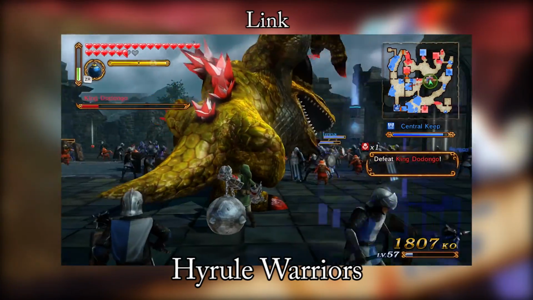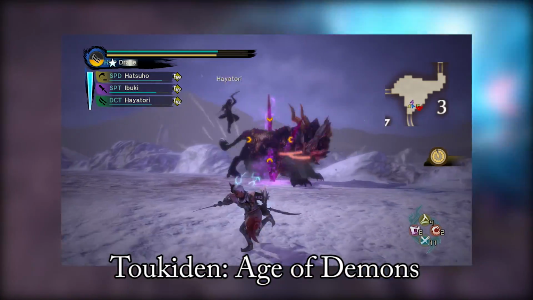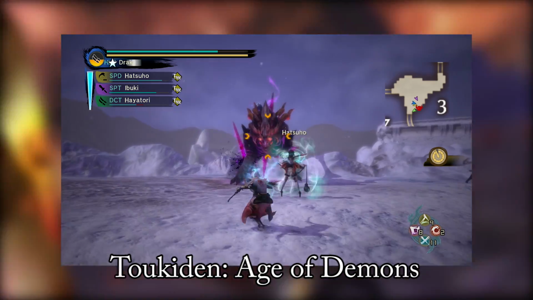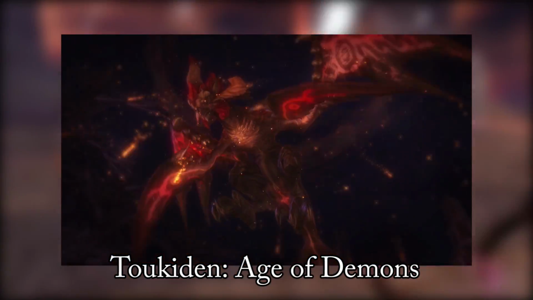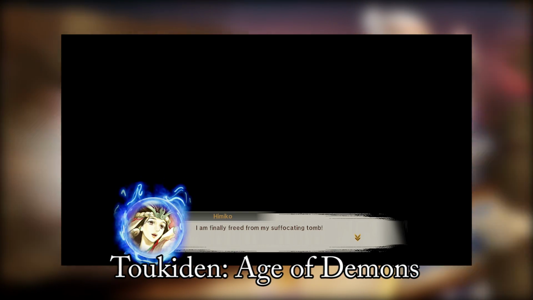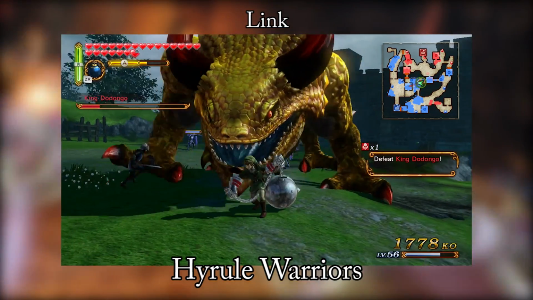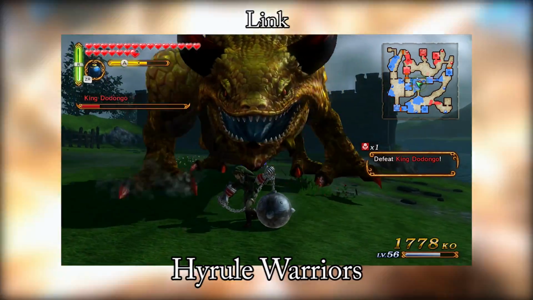There's also the Dodongo's backward slash. This is also a move performed by the Wind Slicer, another demon from Toukiden. And yes, the Toukiden series totally counts. Sort of. Characters from the Musou series show up in the game. Sort of. All in all, the Dodongo is a very iconic Zelda enemy, and I look forward to seeing it